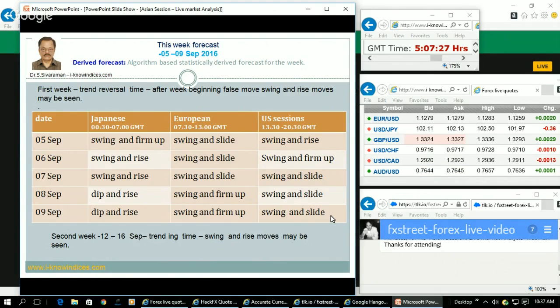And then when the traders have taken the buy position, the players drop and induce them to sell at the lower level. So when the traders lose, the players gain. And they sold at the higher level, holding high during the beginning time. And they are trying to buy back during the weekend time by holding low. So when the patience of the traders is tested, then automatically the traders shed their positions because of the margin fear. And next week, they are expected to make the week beginning false move.